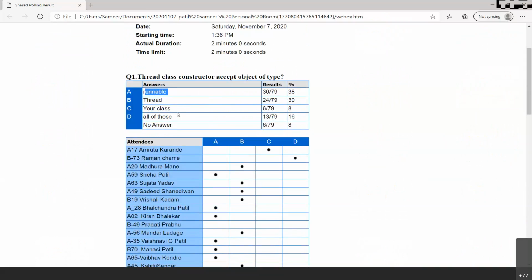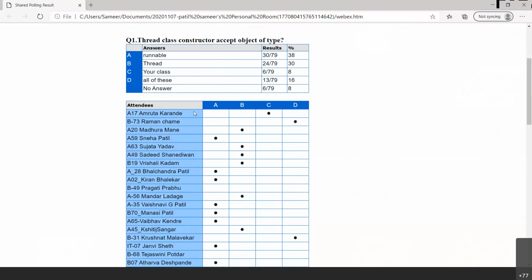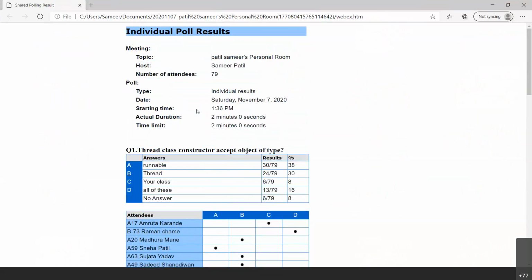Those who have said your class may be the accepted thing, because your class may implement a Runnable interface and then it will work. And then some of the people have given all of these. This is also a wrong answer, right? So keep in mind, the Thread class constructor accepts the object of type